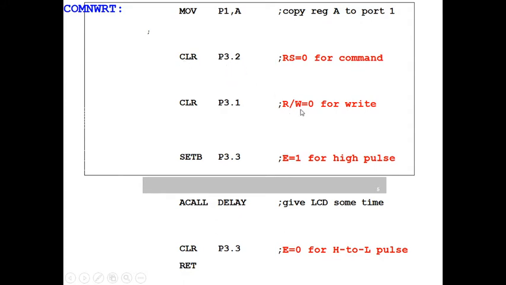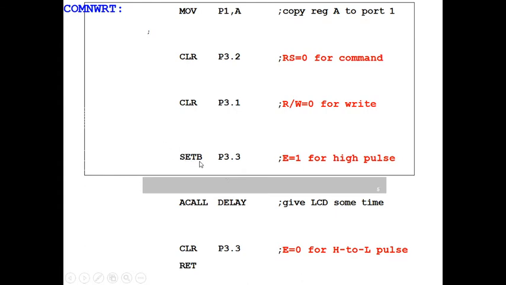Then regarding RW, which action are we performing, read or write? We are interested in writing the command, and that's why RW must be 0, so I write the instruction CLR P3.1. P3.1 is the RW pin, and we clear it because we want RW equal to 0. Then regarding the enable pin, initially you must make it high, so I write the instruction SETB P3.3.